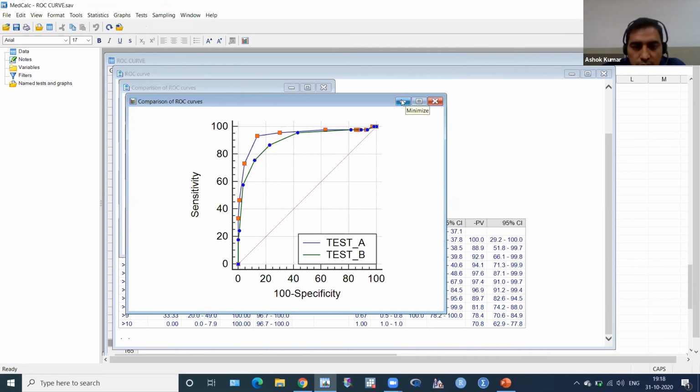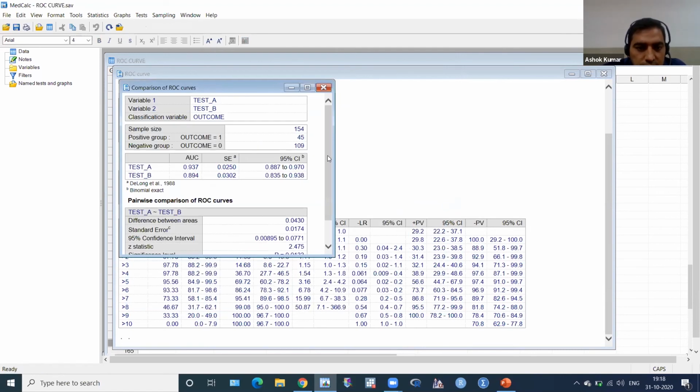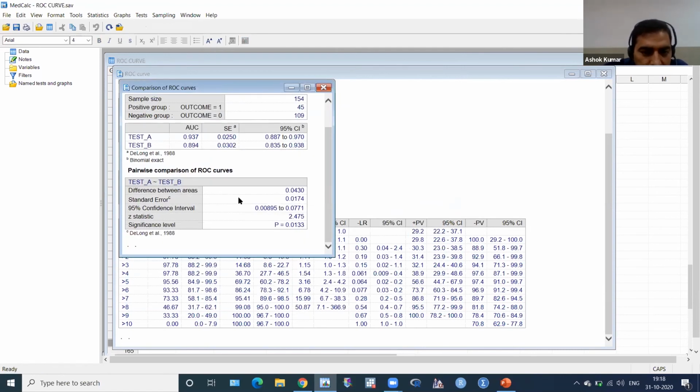Then you have to see the difference between the two areas, and whether this is statistically significant. This minus this, you will get this difference, and the standard error of the difference, and the 95% confidence interval of the difference, and the significance level.